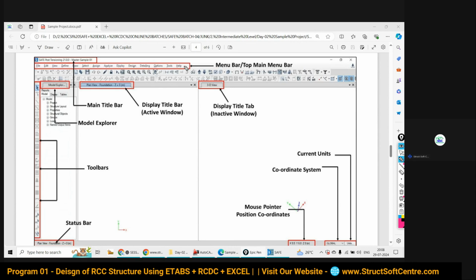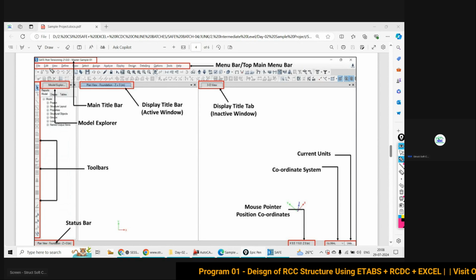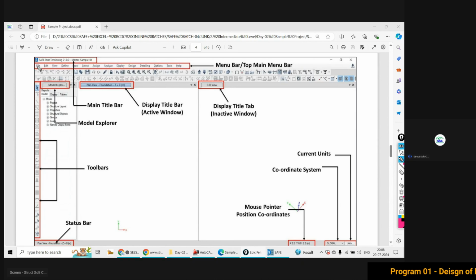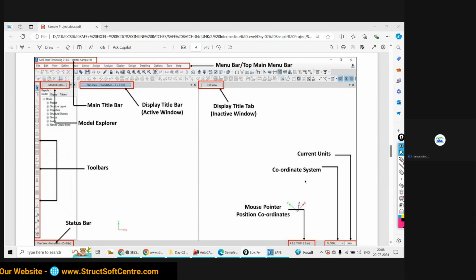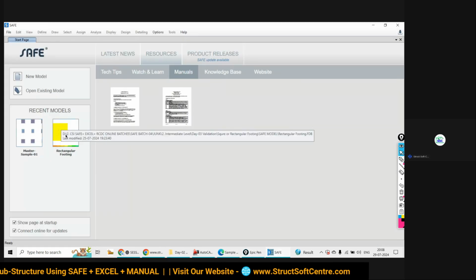You can call it the main section bar, right? Now, why am I going to call it the main section bar? Actually, all the options, like in file: open option, existing option, save, delete. Okay, let me open this software first, and for that I need to open any project.